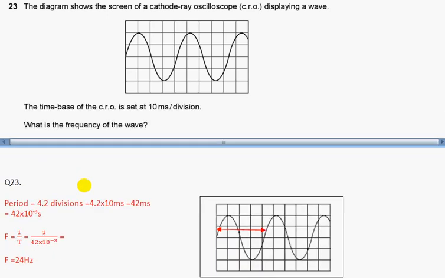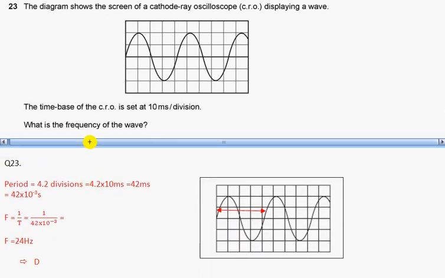Question 23. The diagram shows a screen of cathode ray oscilloscope displaying a wave. The time base of the CRO is set at 10 milliseconds per division. What is the frequency of the wave? To find frequency we need period. Period is distance between